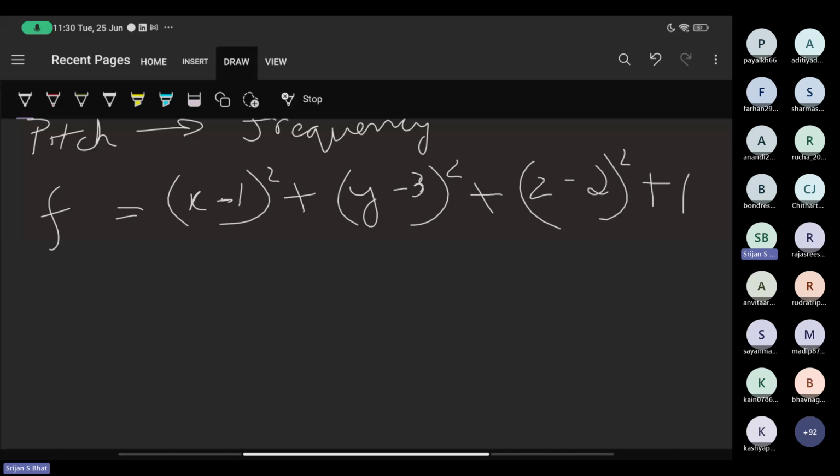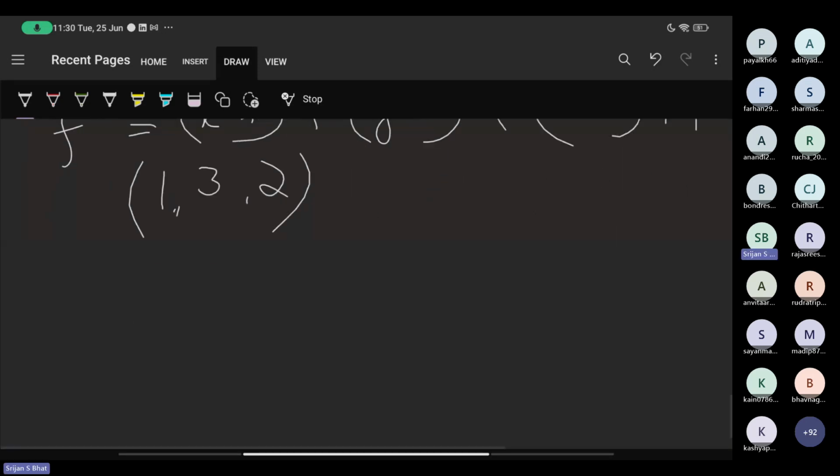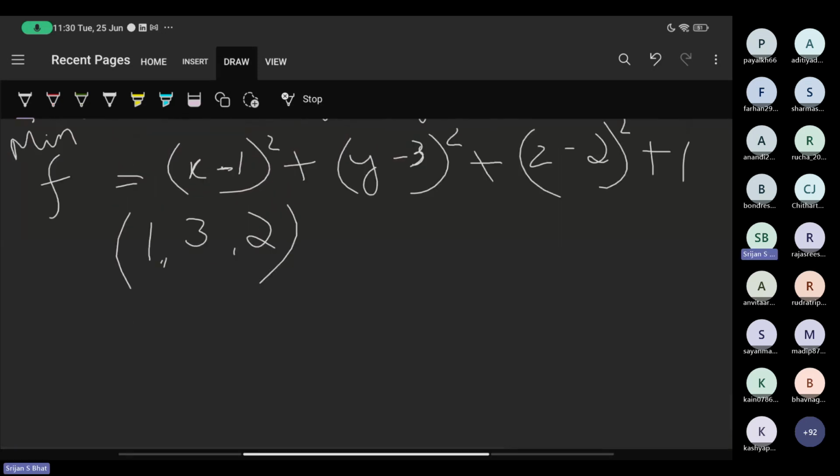This will have some set of solutions, but you have to minimize this. This is a very easy problem. You can just look at the function and say the minimum comes at x equals 1, y equals 3, z equals 2. But that won't be the case for higher dimensional objects, which are not so simple as this.